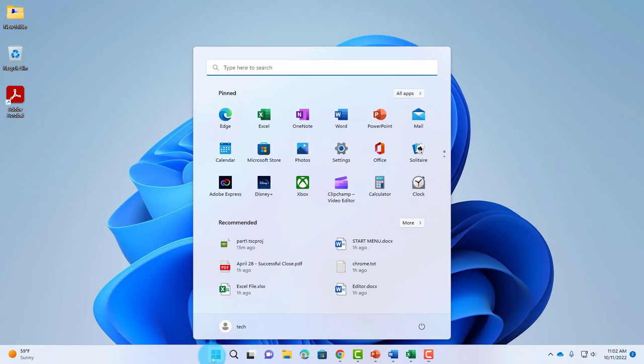I'll click on the Start menu. Now there are two sections in the Start menu. There's the Pin section and the Recommended section. So on the Pin section, you can group apps into folders. So for example, I have some Office applications here, Excel, OneNote, Word, and PowerPoint, and I am going to group